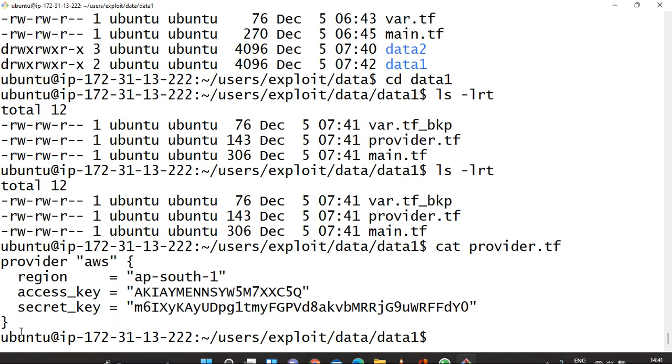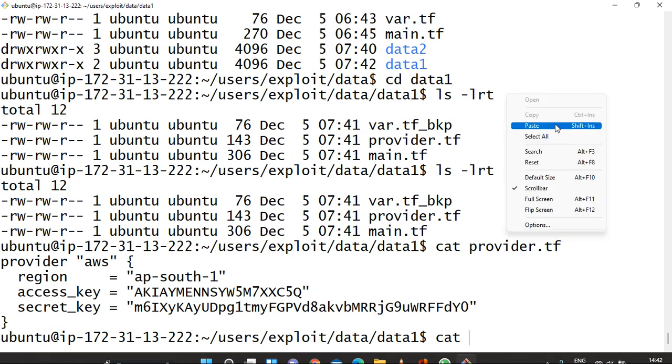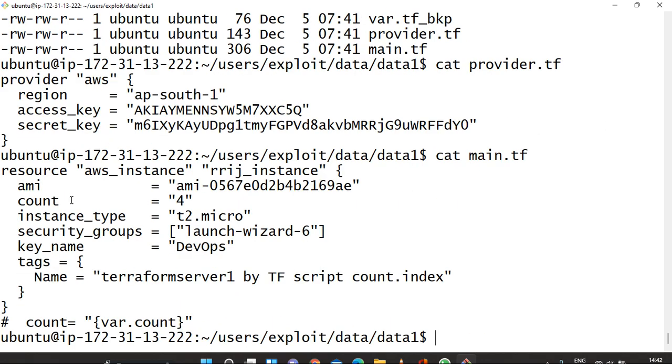In provider.tf I put the region, access key, secret key, with provider AWS, and one more file, main.tf, where I have put the resource: AMI, then count, meaning how many instances you want to set up, then instance type, security group, key name, then tag.